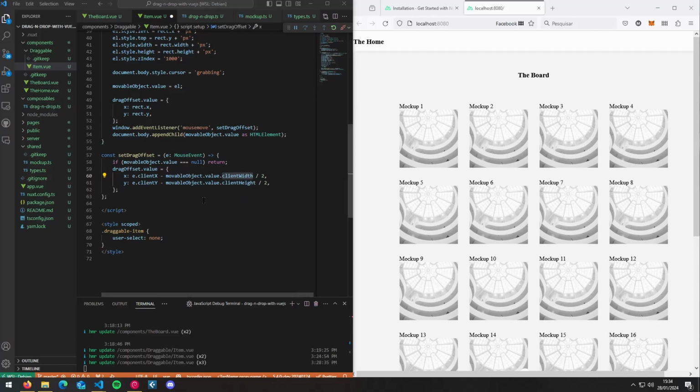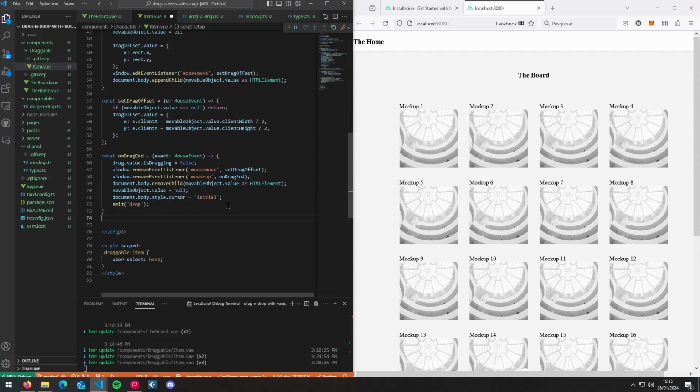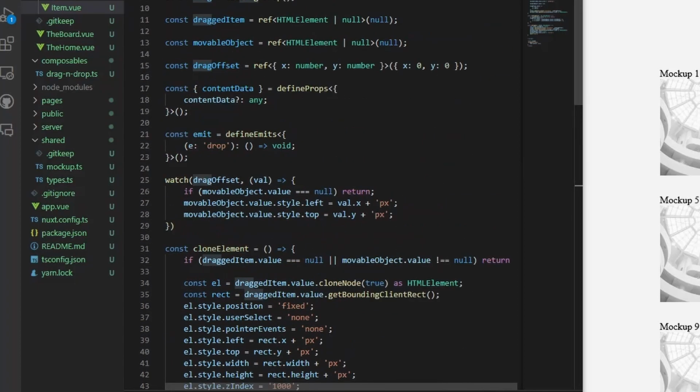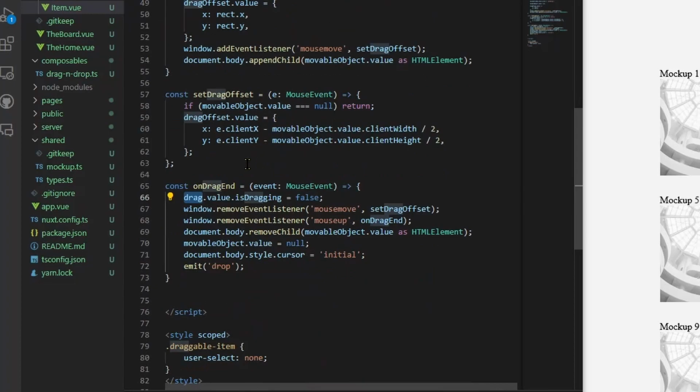Then right now we're gonna set the events. We're gonna need two events, that is, when the drag starts and when the drag ends. The drag end is when I stop dragging and I drop, basically. So what I'm gonna do here is set our composable, our composable that has a property called isDragging. I'm gonna set it as false because I stopped dragging, right? Then I'm gonna remove the events I have added to the window to avoid conflicts with the newer events I'm gonna add in. So remove all the events,